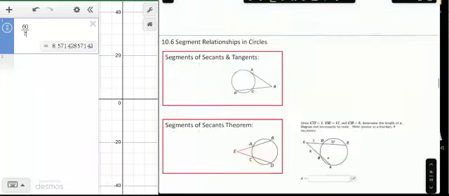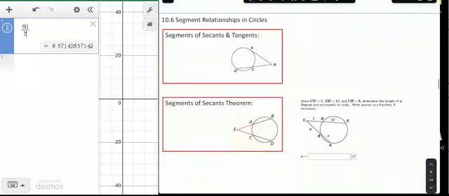All right. Next, we have this relationship here between calculations of portions of secants and portions of tangents. And there's a couple different relationships here to think about. And these are 2 examples of what the segments of secants or the segments of secants and tangents would look like here. And notice on this first one, you have this tangent segment,